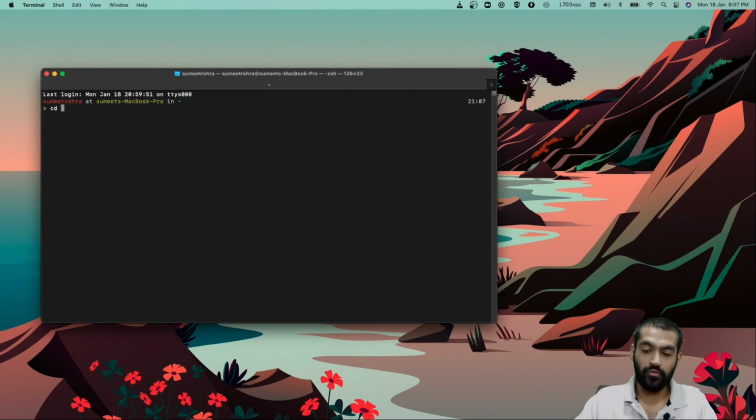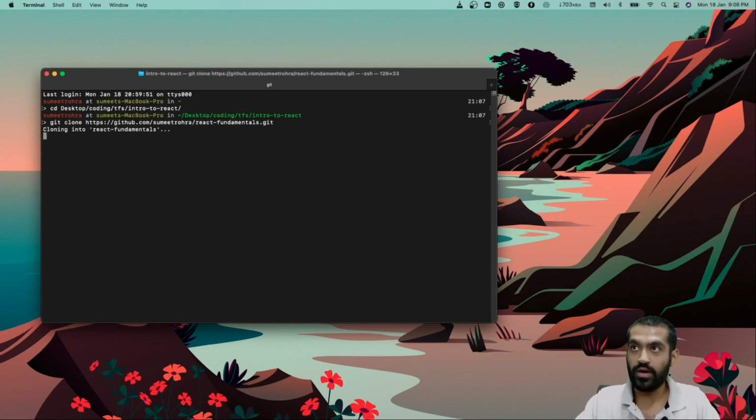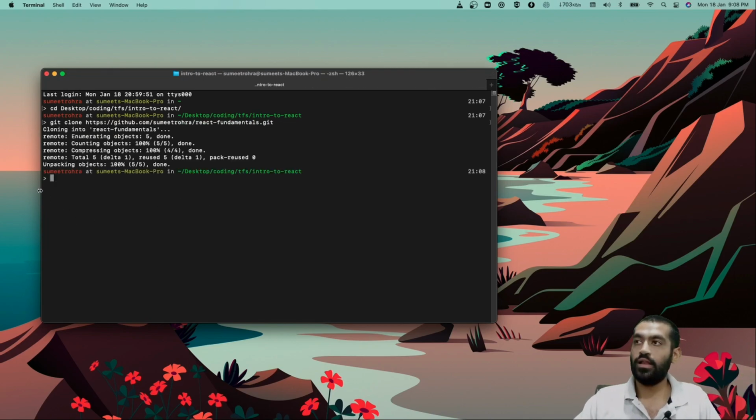And go to a folder where you can keep all your stuff, right? For me, it's desktop, coding, then folder, TFS. Let's just go here, and what you can do is git clone the copied URL and paste it. I'll also paste these instructions there in the description.